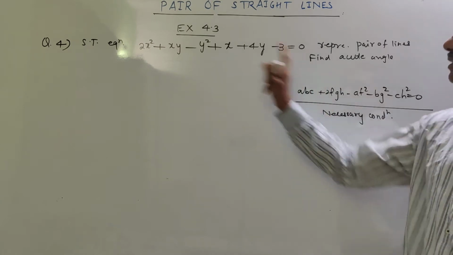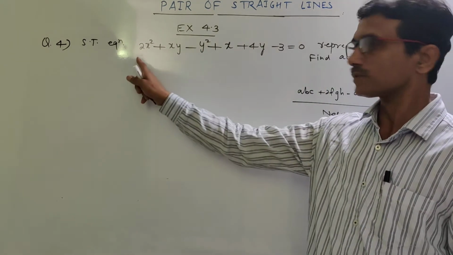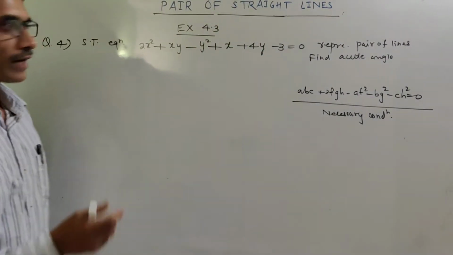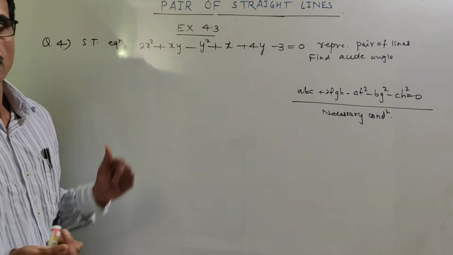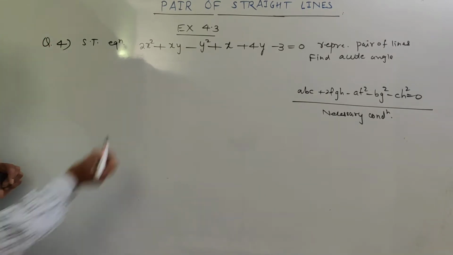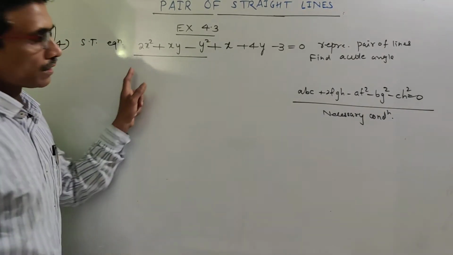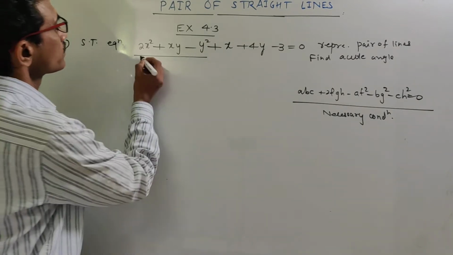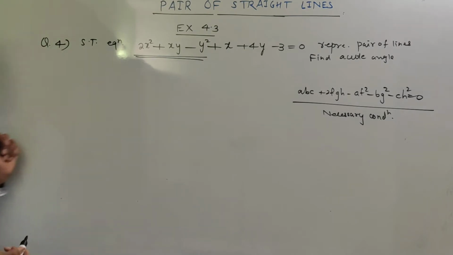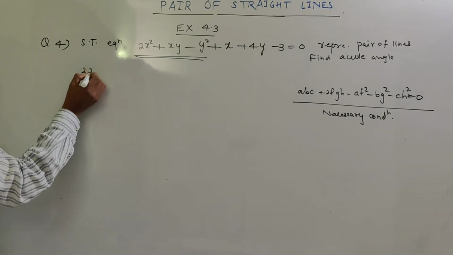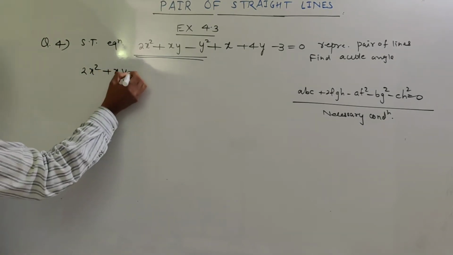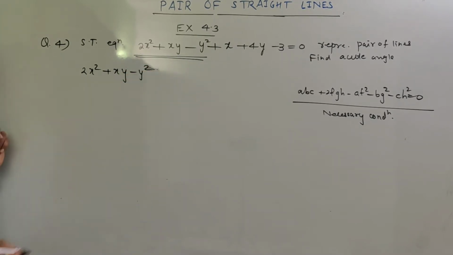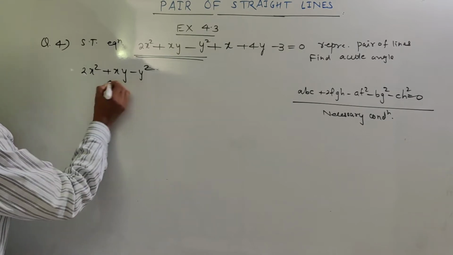लेकिन ये necessary condition we will not write, आपको sufficient condition चाहिए, तो इसके लिए क्या करना होगा? So we will find the separate equation of lines. So how we get separate equation of lines? These equations represent lines which are parallel to the homogeneous equation. Homogeneous equation मतलब यहाँ तक जो equation रहेगा वो, that is 2x square plus xy minus y square. इसका हम separate equation find कर सकते हैं. Split the middle term.